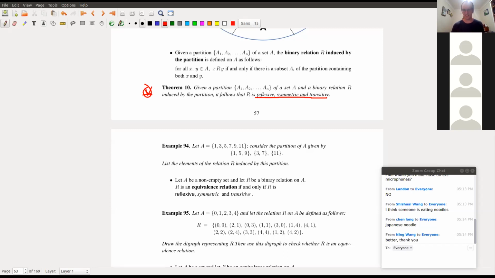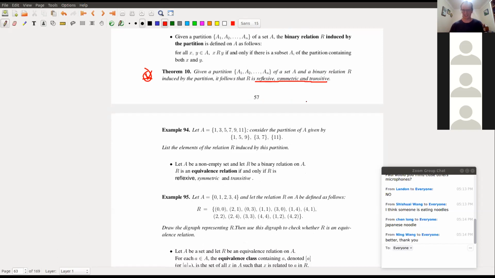And you can go that way. This relation induced by the partition has the property that it's reflexive. So, this cat photo is a cat. It's symmetric and it's transitive. Okay, what we're trying to build up to,